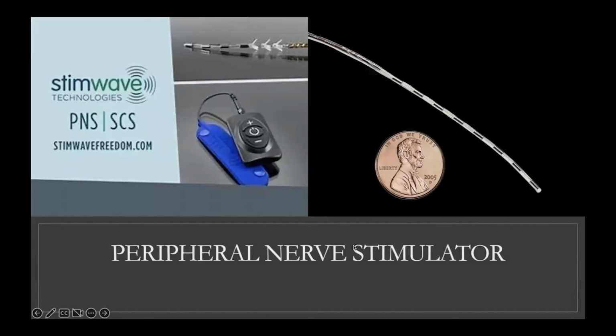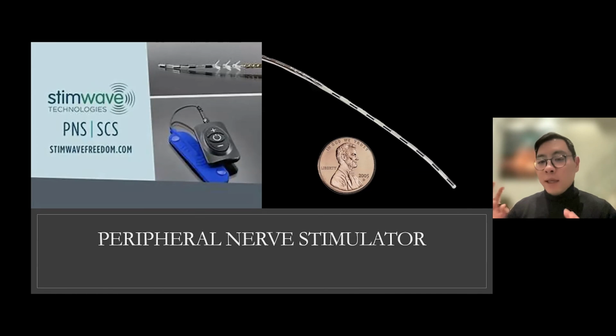One variation of that is this peripheral nerve stimulator, which is a very similar concept, still gate theory, where we're blocking or jamming up the pain signals, but instead of putting it along the spinal cord itself in the epidural space, we're placing this right next to a big nerve, like a peripheral nerve in the arm or the leg, and then directly causing that tapping non-painful signal to block the pain signal.